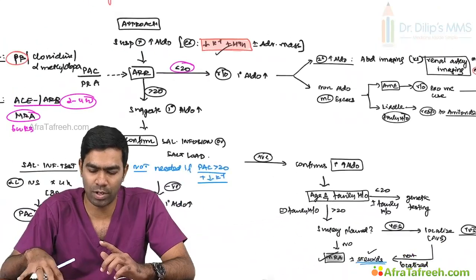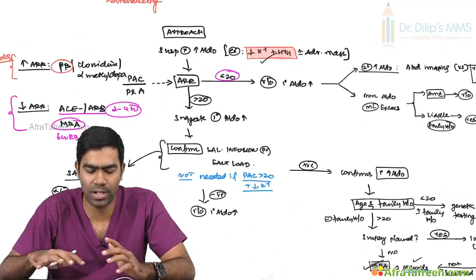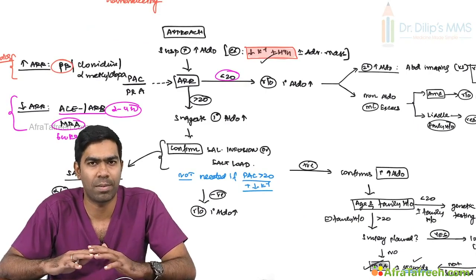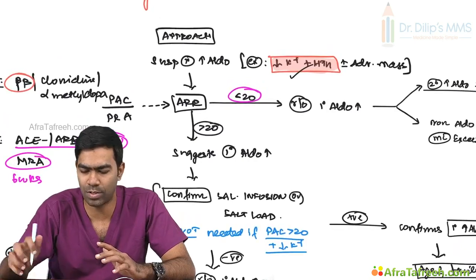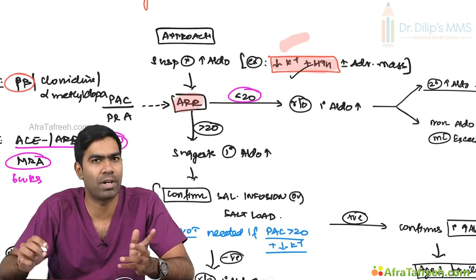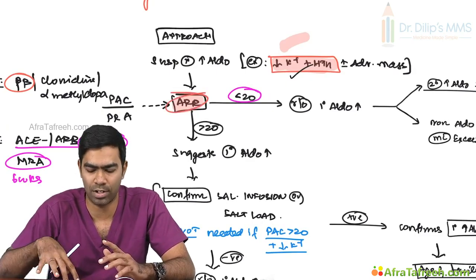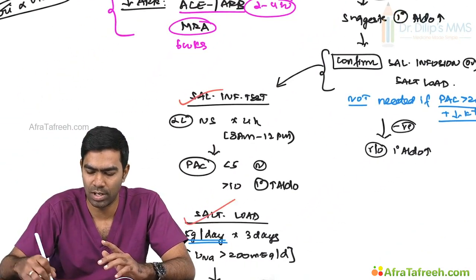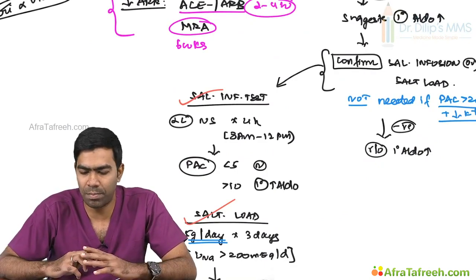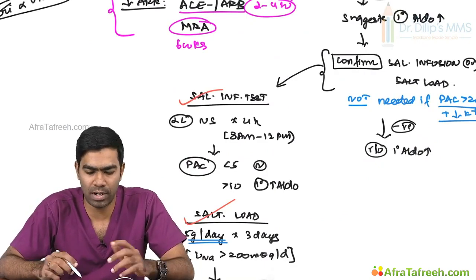So this is how you are going to approach and evaluate a patient with suspected hyperaldosteronism, especially primary hyperaldosteronism. In this, the usual question in the exam is the next step whenever you have hypertension with hypokalemia, and the answer is aldosterone renin ratio, and they will be asking some details about the saline infusion test and salt loading test. So with this, we have completed hyperaldosteronism, and let us move on to